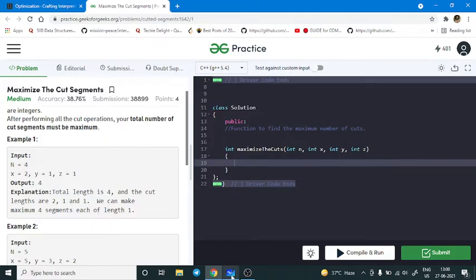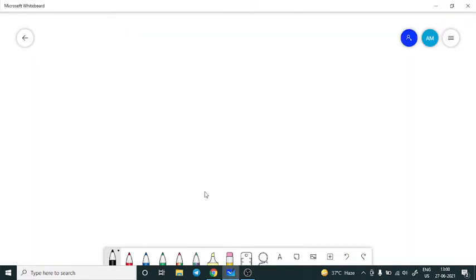So let us now move to the discussion part. Here we are given a length segment, right? Just consider this length segment. I just want to divide it equally so that it gets a bit easier to understand. So in this manner, these are the 4 units, and the length is here 4.